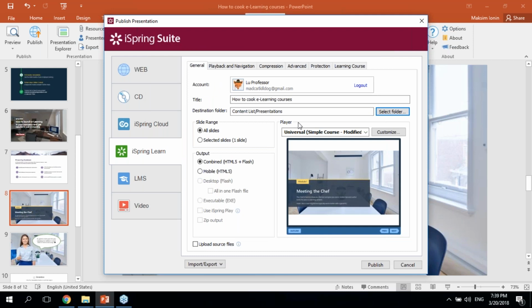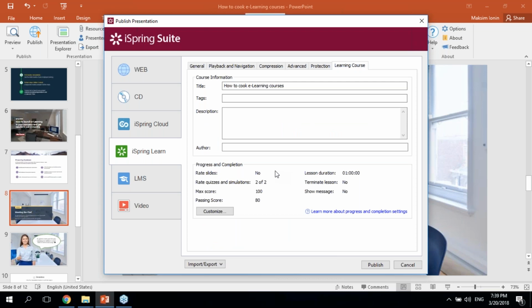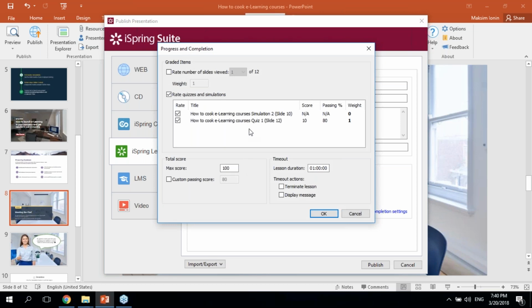Because I'm logged into my iSpring Learn account, I can manage the destination folder easily, and I will see the whole repository. If it's important for you to keep the backup files, please use Upload Source Files feature. Really easy one, and it lets you get the project files downloaded from your learning management system at any moment. And while there are some other cool features in navigation, compression, and advanced tabs, which let you get the learner back to the place where he left instantly,